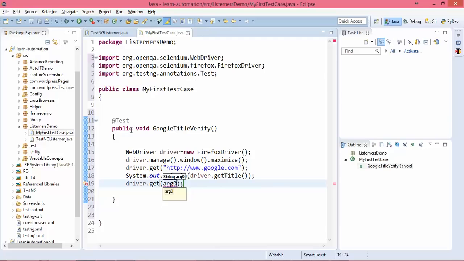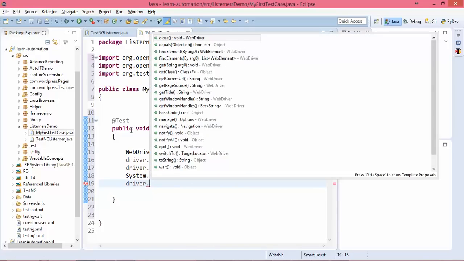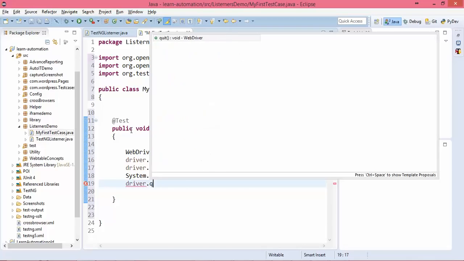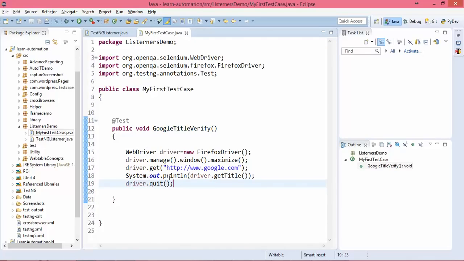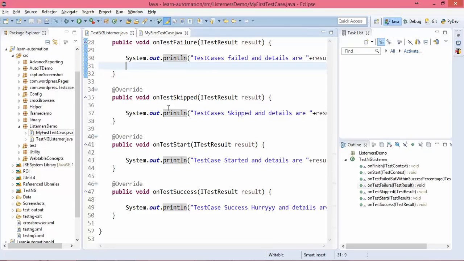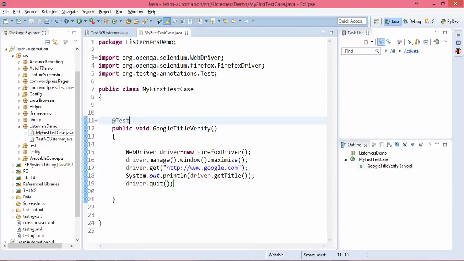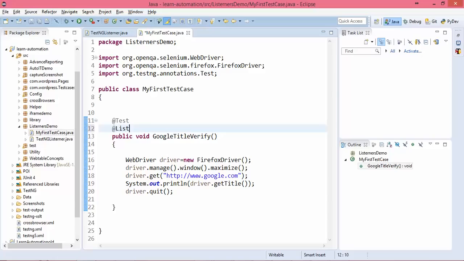If you are not sure how to write this code, you can refer to my previous videos where we discussed how to write your first test case. So now you can see this is my test. We simply perform: open Firefox, maximize, open Google, get the title, close it. But how does it relate? I need to use this listener. There's no connection, right? Because this is a separate class, and this is also a separate class. So how do we connect these? So the first way, simply type listener.